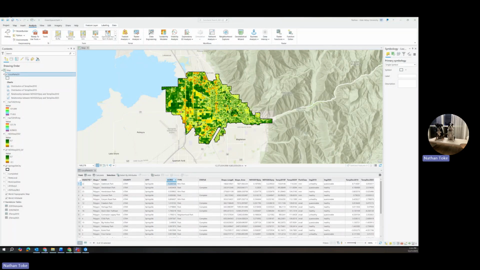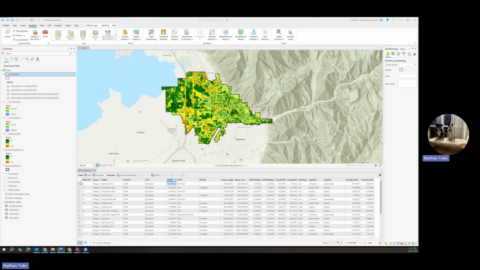In this video, we are going to be looking at comparing green space as expressed through NDVI through time in Springville, Utah parks, and applying some custom labeling as well as doing some comparisons through time of how green space and surface temperatures are related, and what this might say about how parks have changed in Springville through time, just realizing that this is all very perspective and kind of a snapshot of a particular day in July from 2010